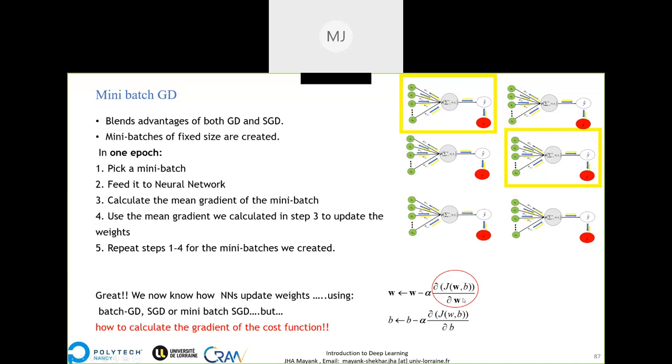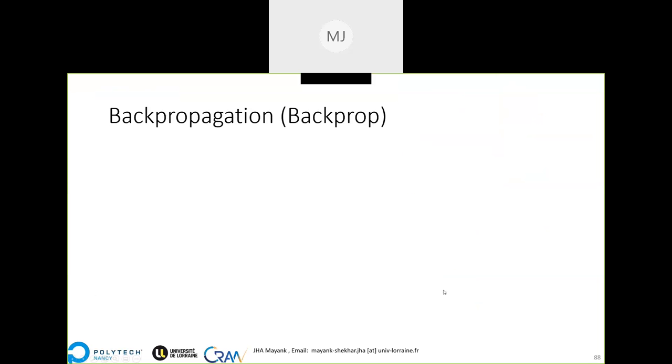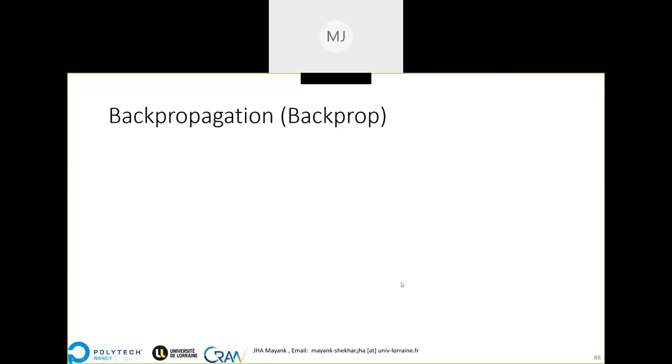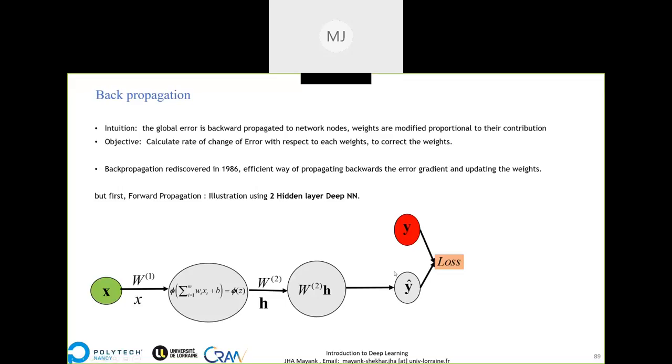That's the whole question. What to do about it? That's what we are going to learn in backpropagation, how this gradient is calculated and how this gradient is used to update the weights. So that will be the subject of backpropagation that we will discuss tomorrow, I guess,